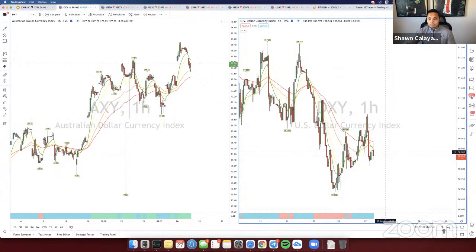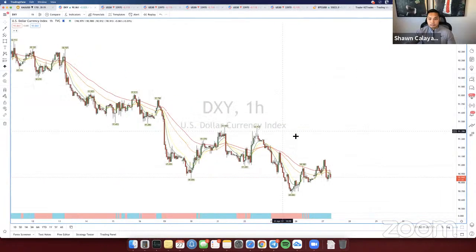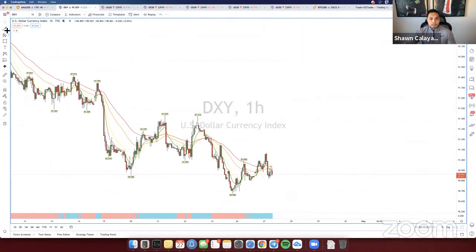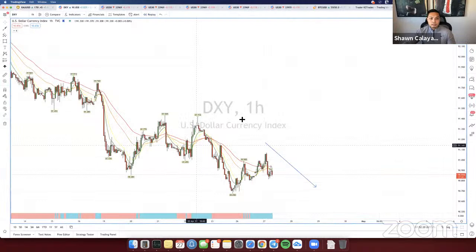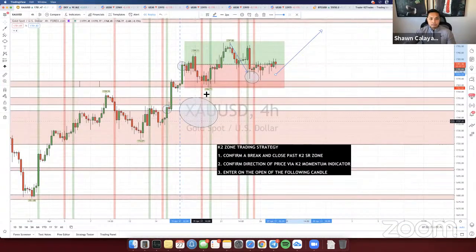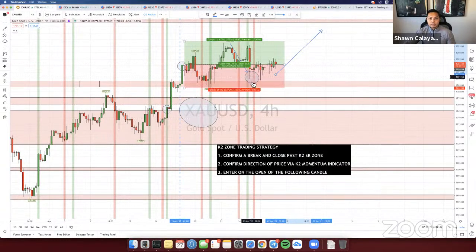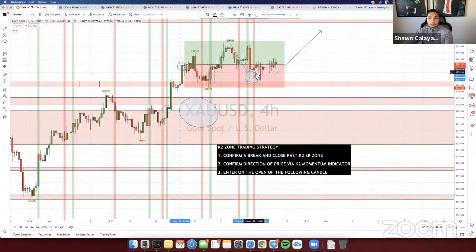You can see the DXY over here is weak, right? So as it continues pushing down like this, what do you think is going to happen from this point? Gold's going to continue pushing up, because gold moves opposite of the dollar. If the dollar is weak and gold is strong, price is going to go up, right? So that's why we had it marked up right here. If you saw before I cleared up the chart, that's why we identified this as a rejection from this point, because it was going to drop and then swing back up.